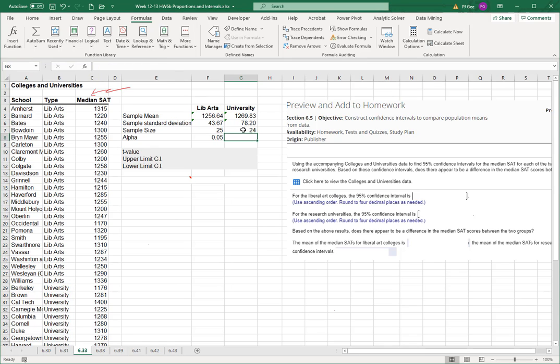So 25 to 24. They're pretty close. All right, so alpha, same and same. Just put it over there. Okay, let's run the t-value. So it is equal to what? T.INV of probability 1 minus alpha over 2, comma n minus 1, minus 1. Okay,